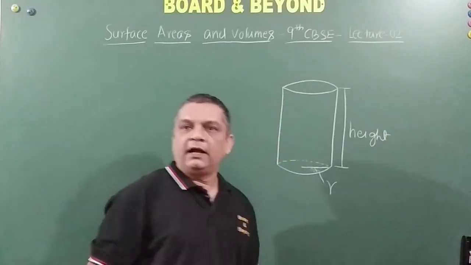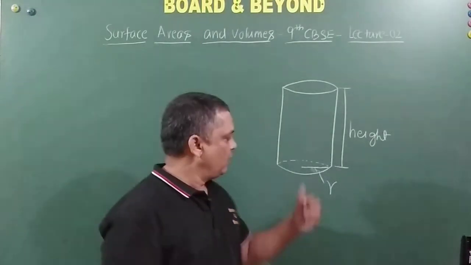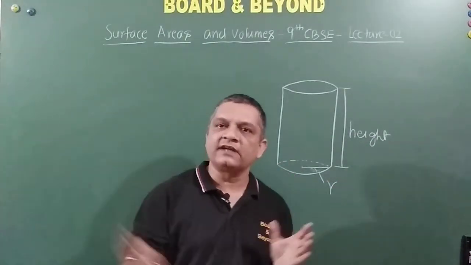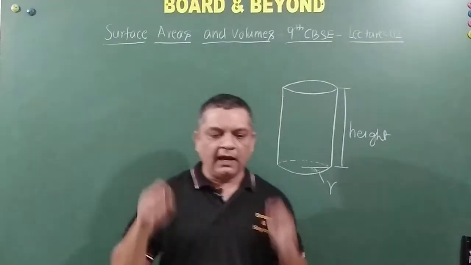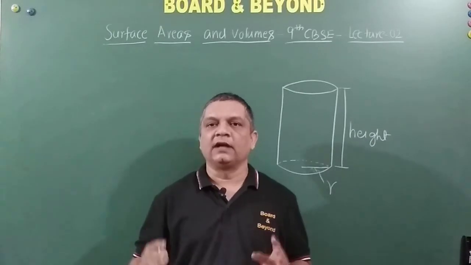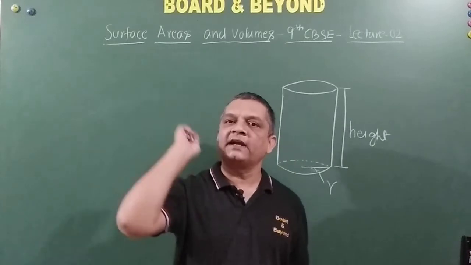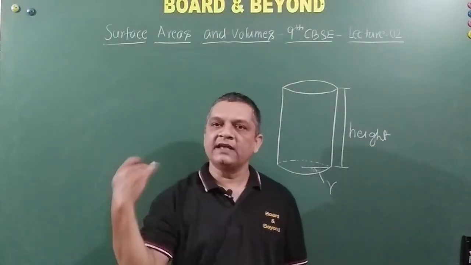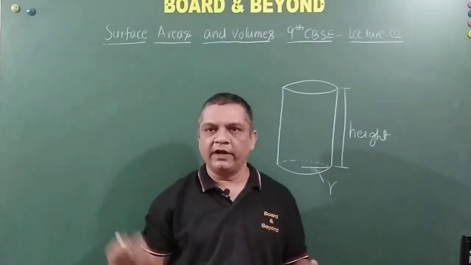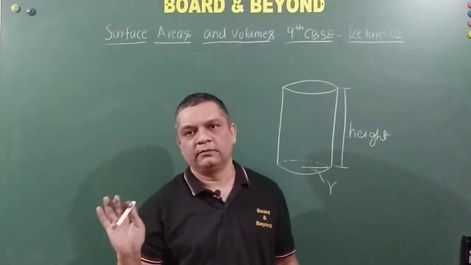So the area and the volume of a cylinder depend upon two factors here, right? One is radius and one is height. So let us first try to understand the volume. Friends, I'll give you a general concept for any regular shape, which is actually not conical. The volume of that object is nothing but area of base into the height, right? Let it be a cube, let it be a cuboid, anything.